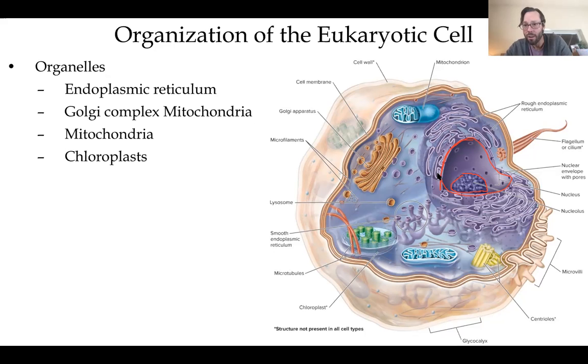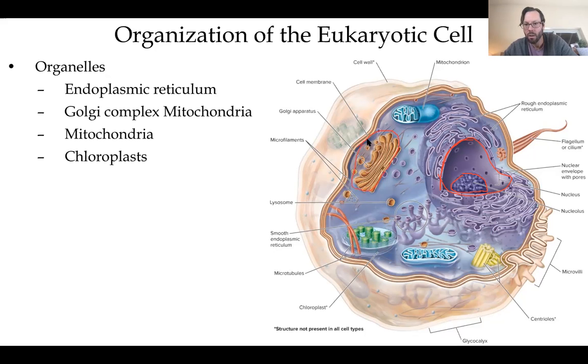The rough ER is going to take that RNA, and that's going to be the site of protein synthesis. So the ribosomes are going to translate the RNA into protein. And then in that rough ER, it's going to fold the proteins into their conformational shape that confers their structure. And then it's going to tag them and label them, put vesicles around them to shuttle them to the next organelle, which is the Golgi.